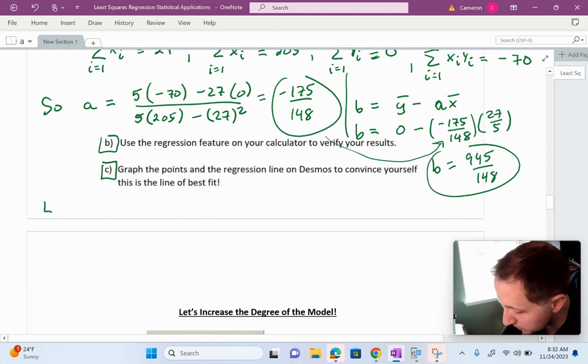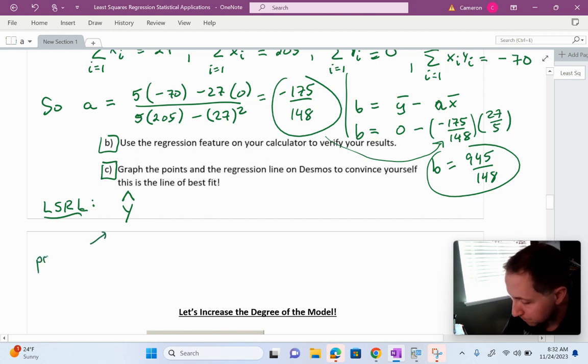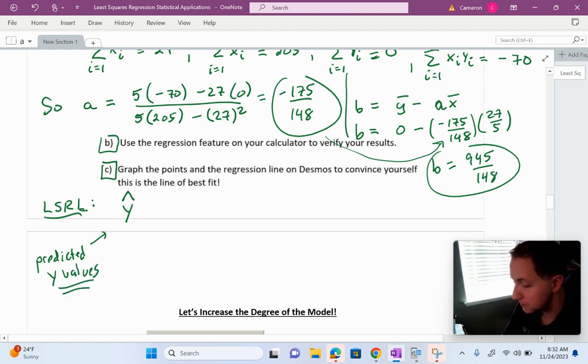So the least squares regression line, to sum up, and we're going to graph this in a minute, would be y. Now, in statistics, we don't need to get super formal here, but because it's a line of prediction, a line of best fit, we typically put a hat symbol above to make it known that we're using predicted y values. But again, we're not in a statistics class,